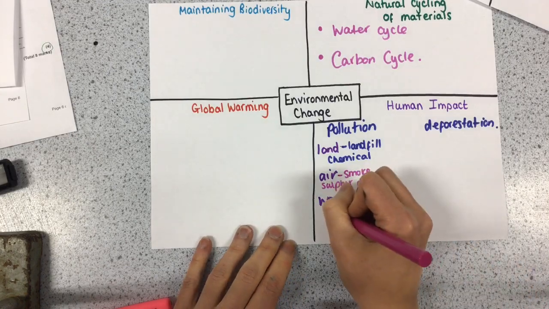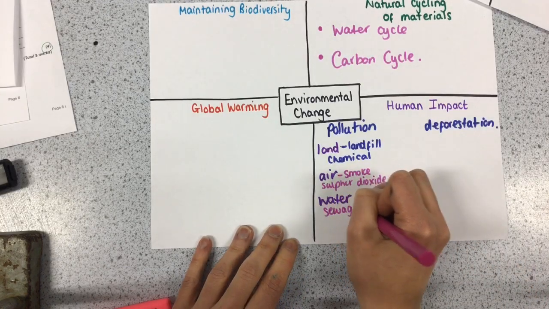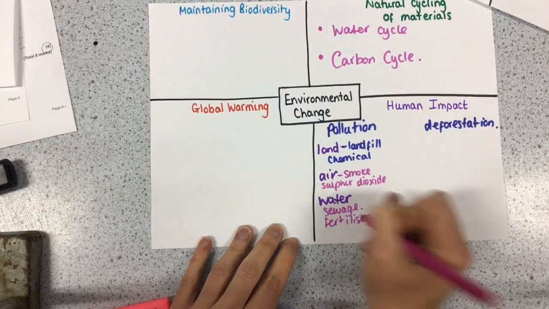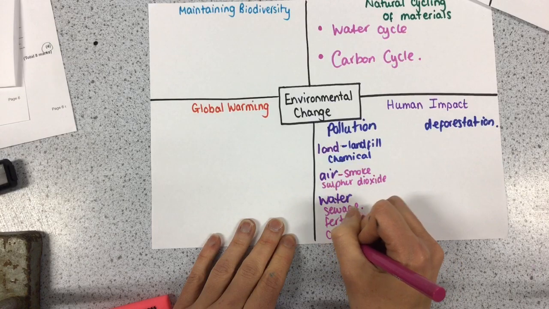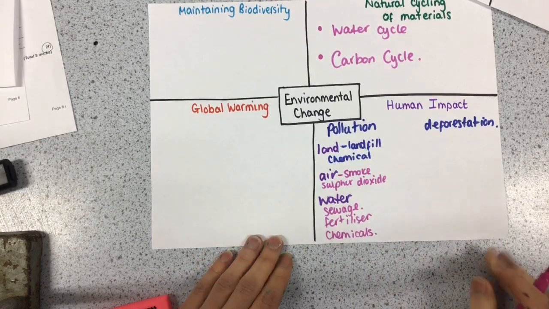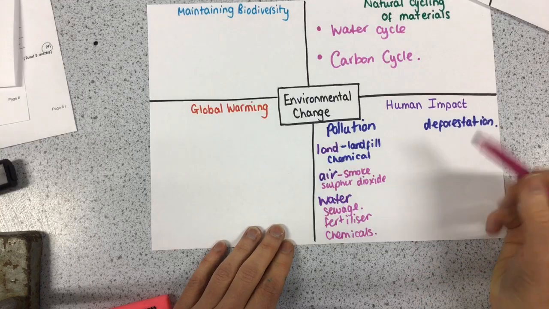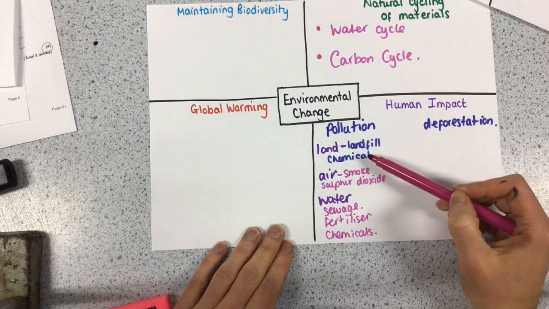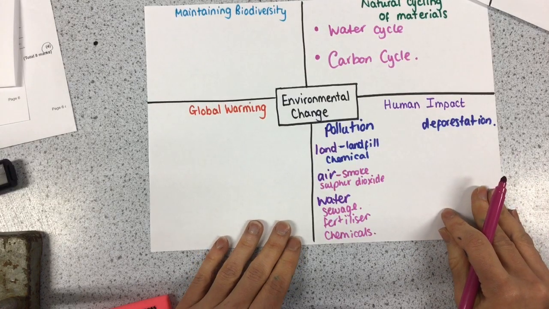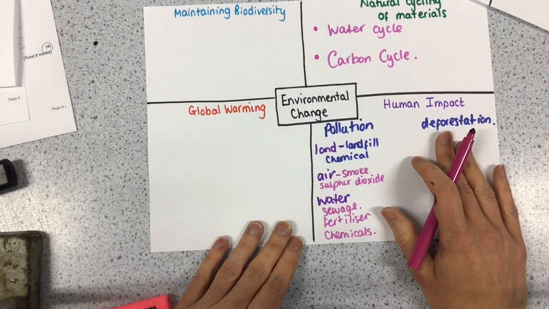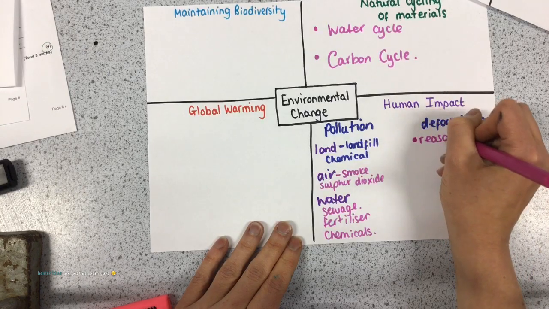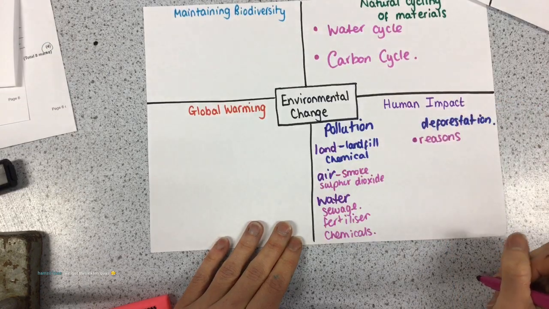For water, they're looking at sewage, they're looking at fertilisers, so runoff from farming, and chemicals, again. That could be from industry, from farms, or from households. So humans impact the environment by adding more of these things into the environment than would have naturally been there in the first place. Now, deforestation: we have to look at the reasons human beings need to cut down trees,